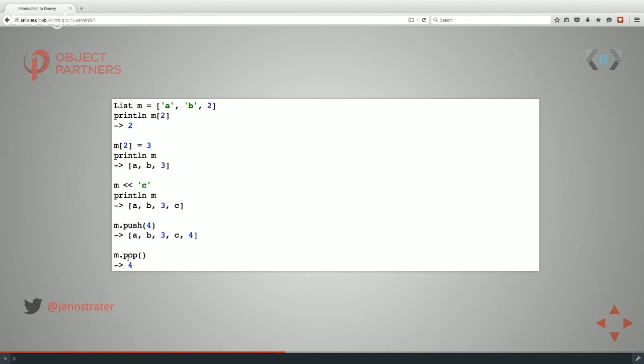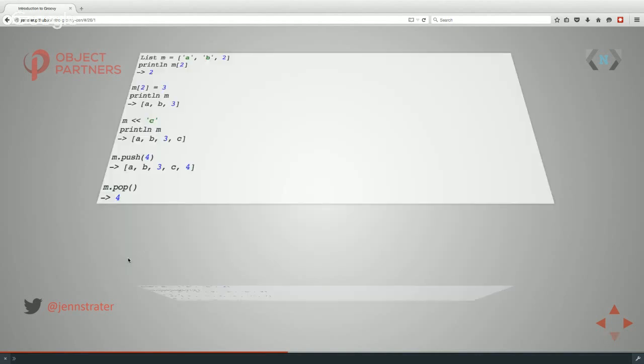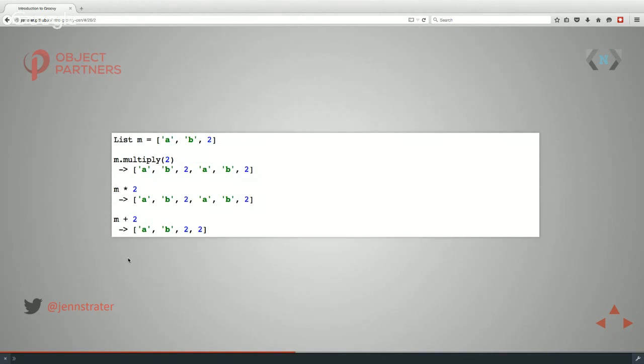There's Groovy docs for all of these different methods and types. Okay. We can also operate on lists as a whole. So we can do multiplication. When you think, how do you multiply a list? Multiplying a list is taking it and having 2 of them together, just like adding them together.